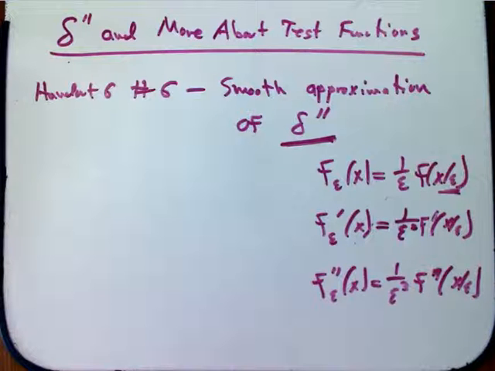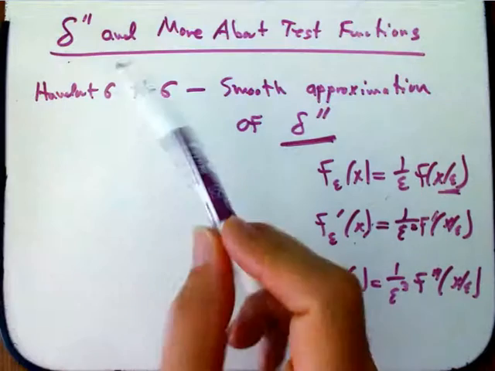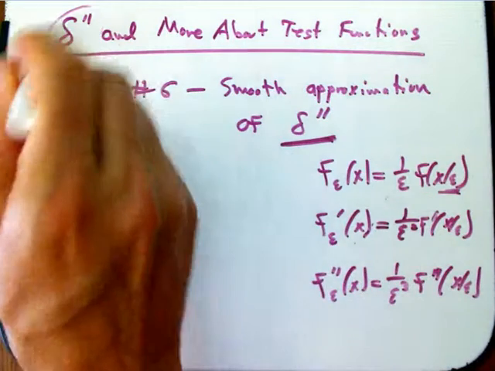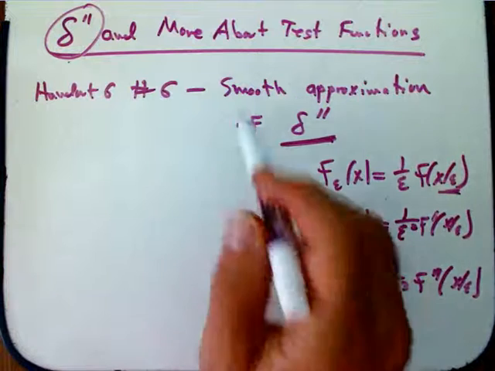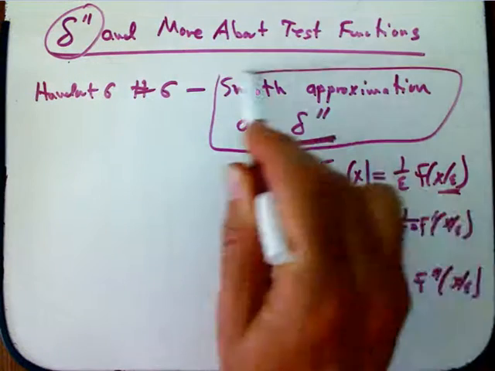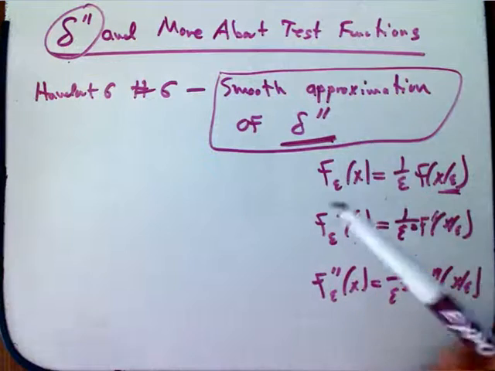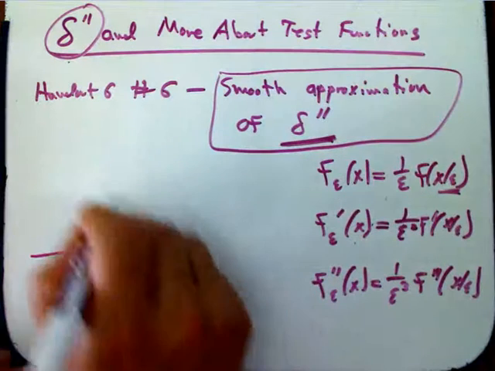This video is mainly going to start handout 7, talk more about test functions to keep developing the fundamental theory of distributions. But first, unfinished business from handout 6, just really quick about delta double prime. We'd like to look at a smooth approximation of delta double prime, just like we had a smooth approximation of the Gaussian,